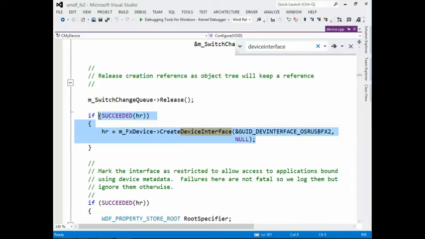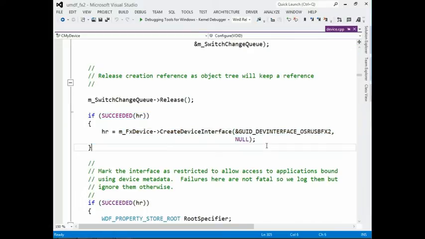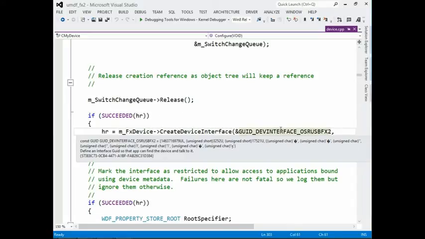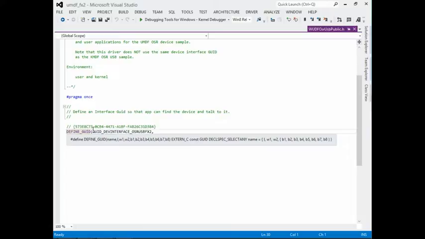So this is the spot in the driver. Unfortunately, the driver is kind of layered, but this is the part. During initialization, this driver creates a device interface. It's a method on the FX2 object, which is an object given to the driver by the framework. And so it creates a device interface with this horrible-looking GUID, 573E8, blah, blah, blah, blah,